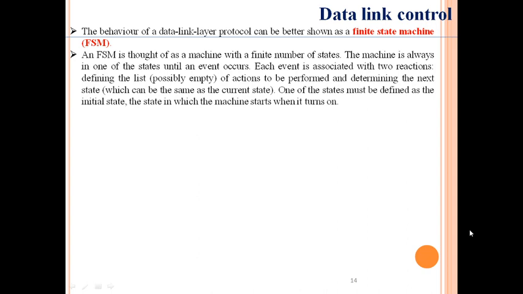It is like a kind of treasure hunt. In a treasure hunt game, at a particular stage we will get a hint or a problem. When we resolve that hint, we will go to the next stage. So it will continue. Same here, at each stage one event will occur. When that event is processed, it will go to the next stage.